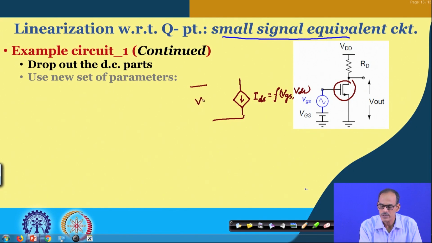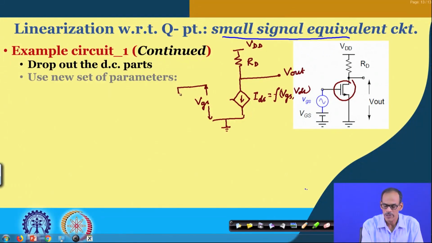The V g s is whatever voltage appears across gate to source, and this is the device part, and this V g s is controlling this current source. Then we have the R d part, and this is connected to V d d. So, this is the V out, the voltage coming here is capital V out,